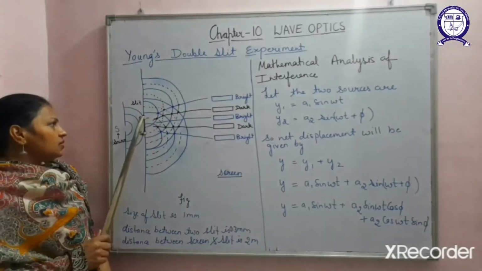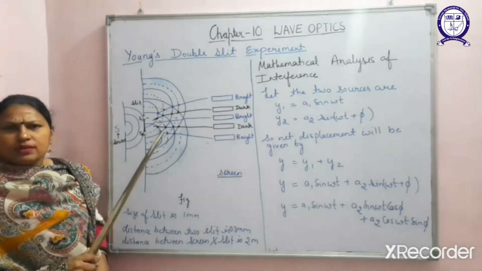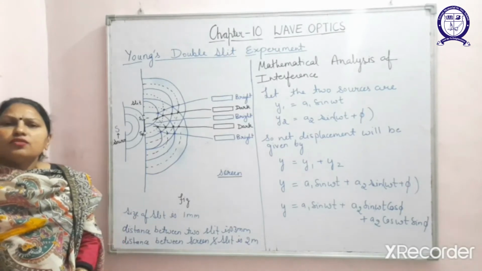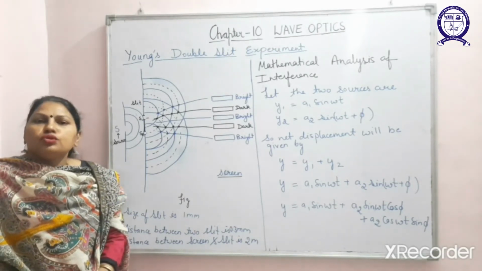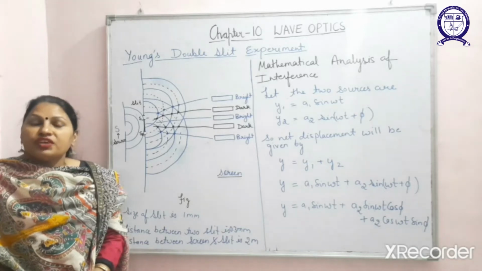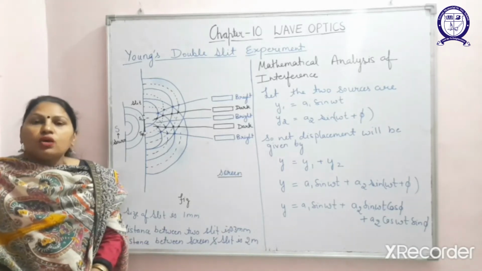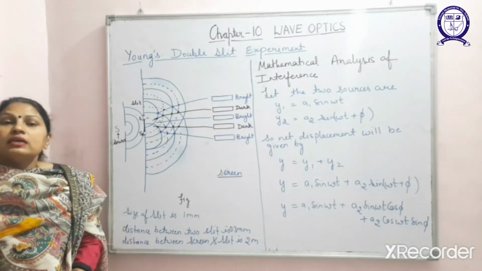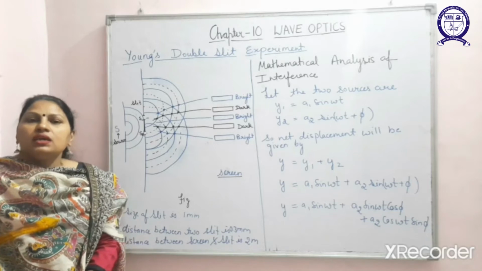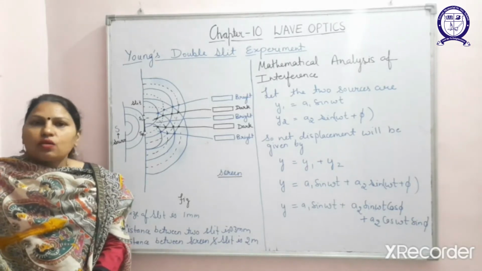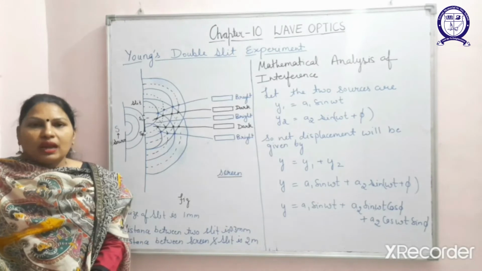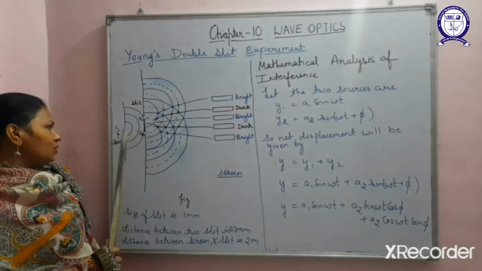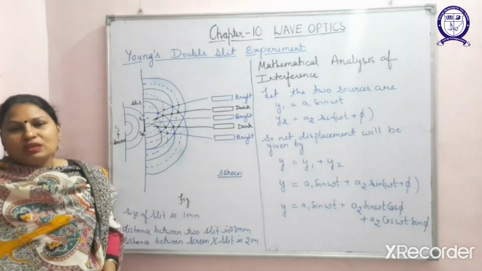Let us understand what coherent sources of light are. They are two waves, or two light intensities, generated from a single source, because the mandatory condition for coherent sources is that they should have the same frequency and either zero or a constant phase difference between the two light intensities. As both are generated from a single source, they will be coherent sources of light.